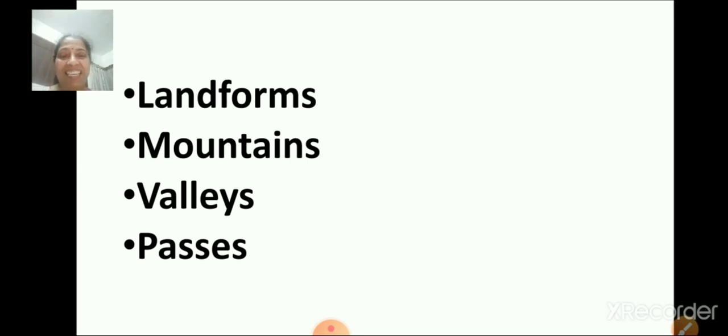Yes, the different features that make up the Earth's surface are called landforms. What are mountains and hills? And what is the main difference between a mountain and a hill?